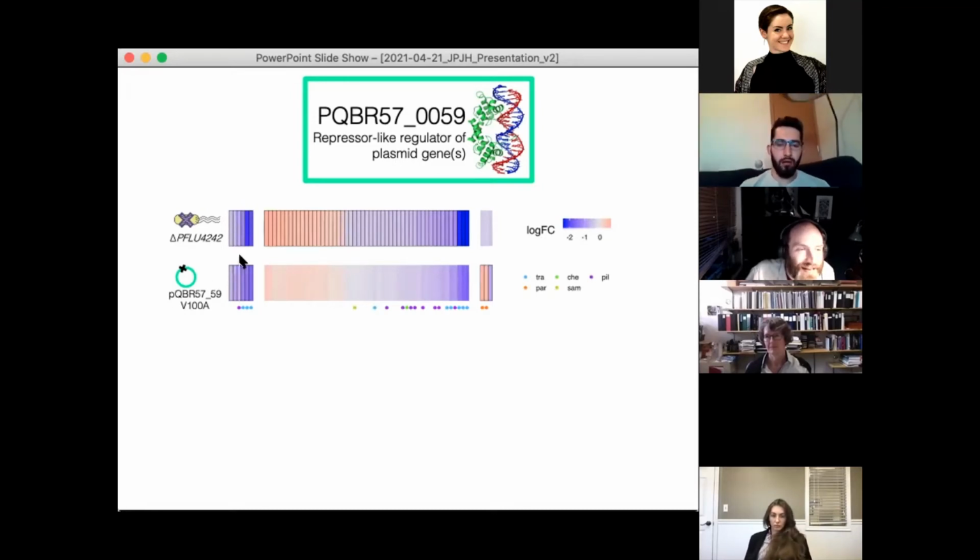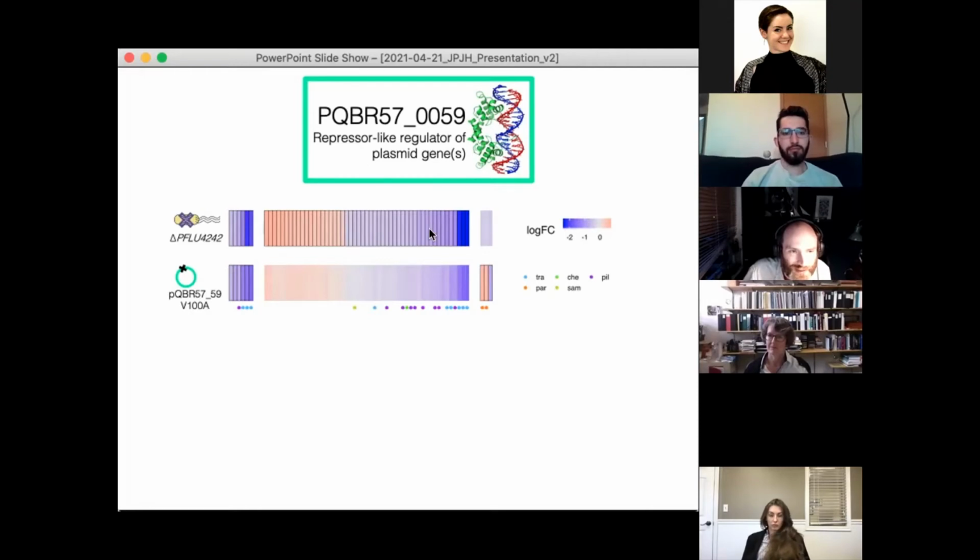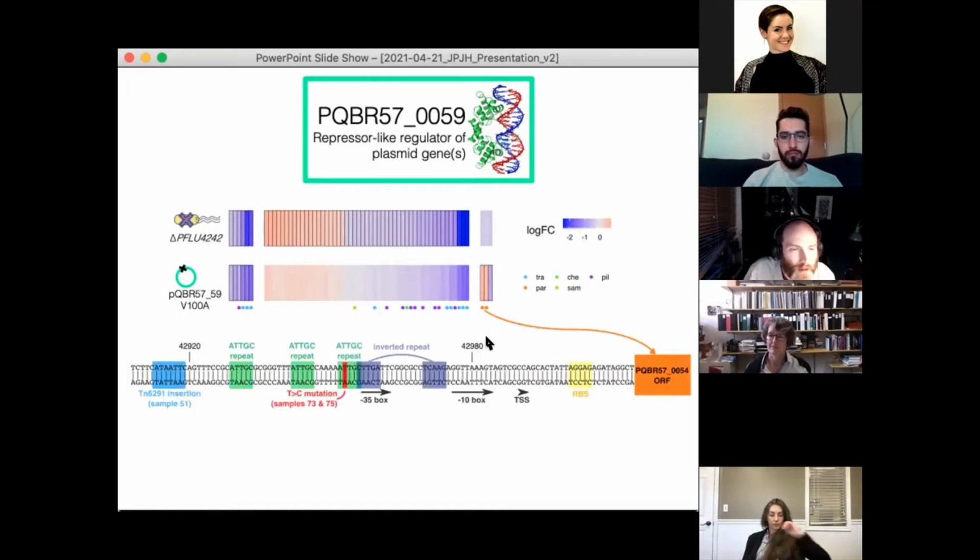And what you can see is that, again, there are some common responses to amelioration. There are some divergent responses to amelioration, but the key thing are these two genes here, which are specifically upregulated by this single base pair mutation in the repressor, and they're not affected by this other mode of compensatory evolution. And interestingly, these are the two genes on the plasmid that encode the putative partitioning machinery of this megaplasmid. Now, these genes are consecutive, they form an operon. And if we look upstream of this operon, what was really cool is that we see repeat regions such that this repressor may be able to bind to these regions. And so if we break the repressor, then we get more expression of these genes, which is what we see